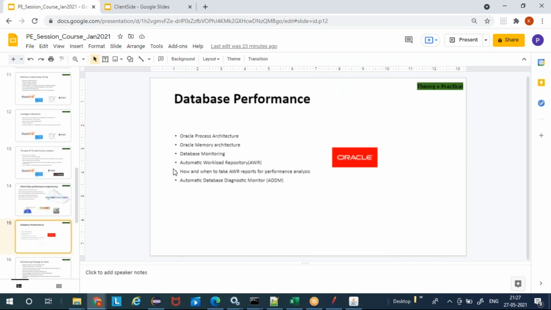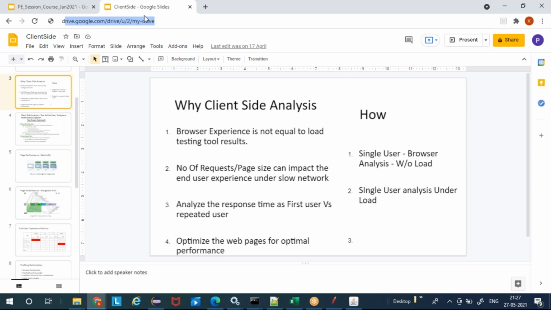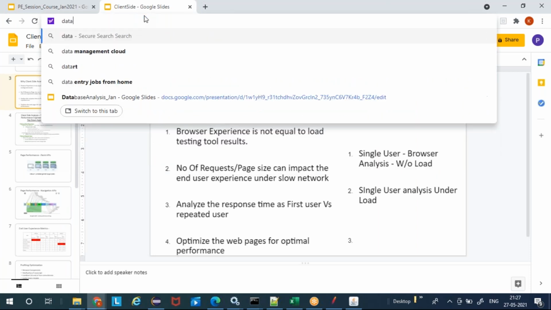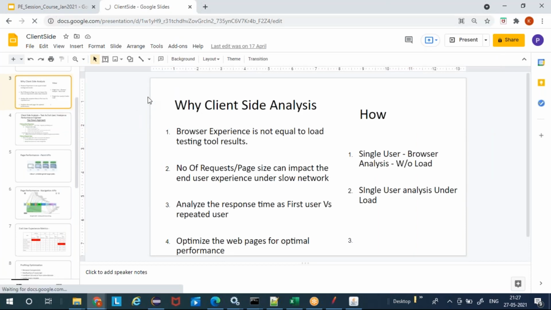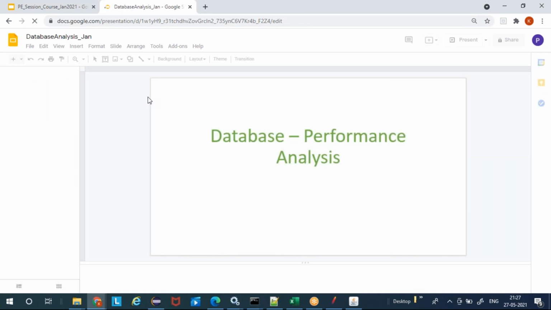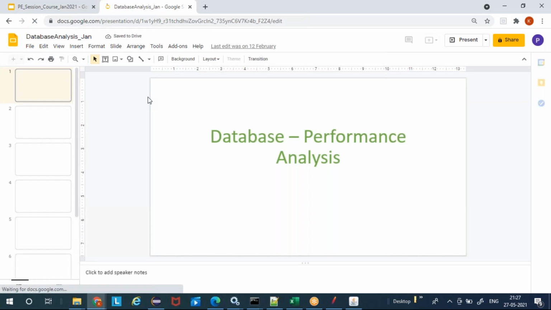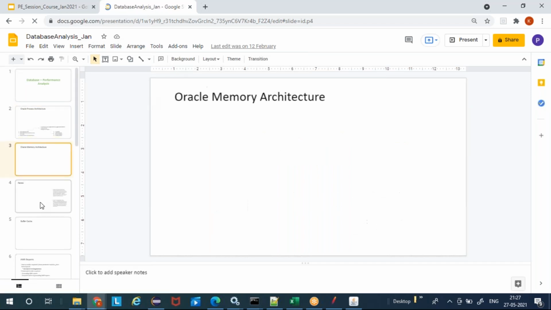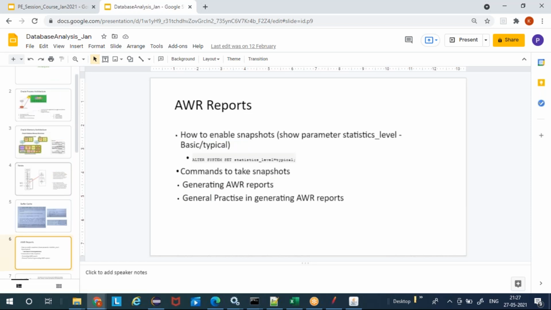Okay. And then from there, we'll go to database performance. Database from an Oracle perspective, you will try to learn the Oracle process architecture, and then memory architecture. Important concepts, important metrics from a database, parsing and buffer cache. We will learn what those buffer cache and parsing are, how they are going to impact our response time.